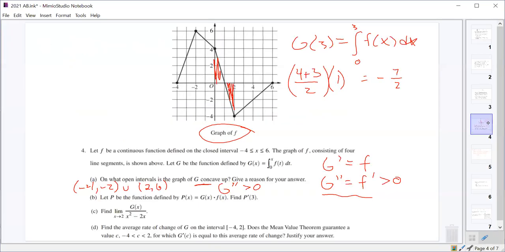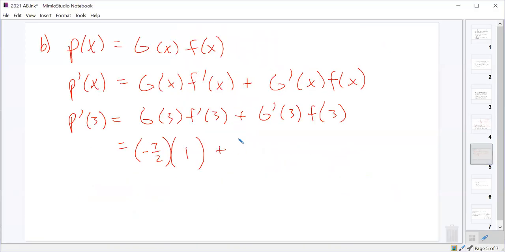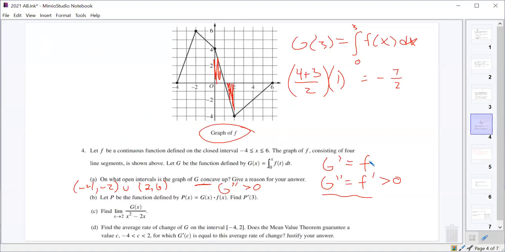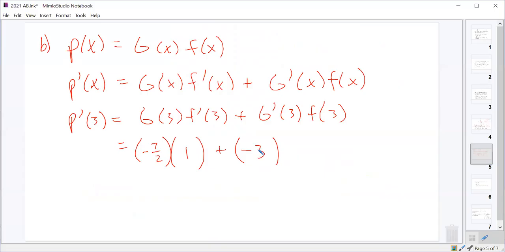All right, F prime of 3. That's the derivative of F at 3, so that's the slope of F at 3. Well, what's the slope here at 3? Looks like it's going up 1, over 1, up 1, over 1, up 1, over 1, right? So it looks like a slope of 1. And then plus g prime of 3. Well, what's g prime? G prime is f. So we just want f of 3. F of 3 is negative 3. So we end up with negative 7/2